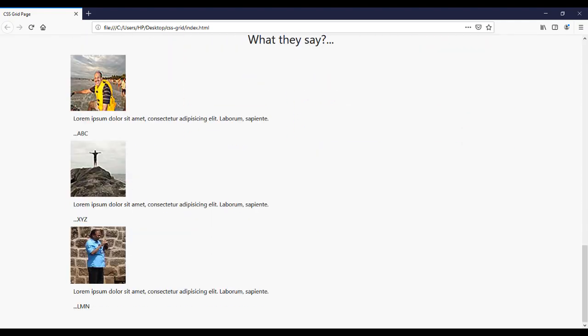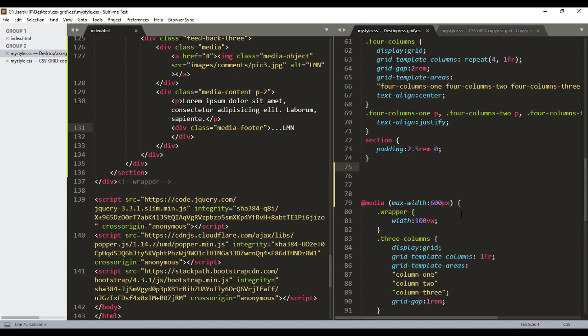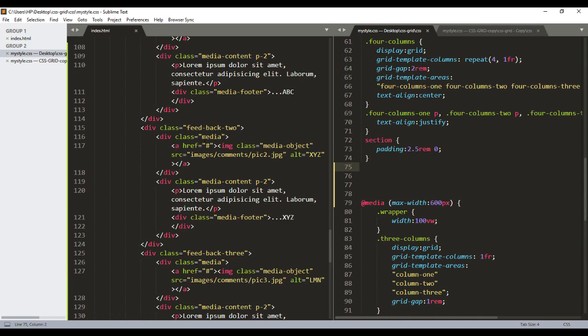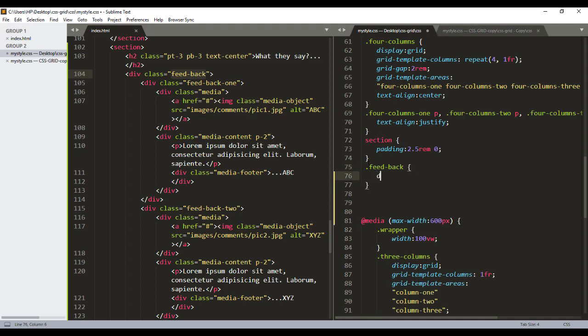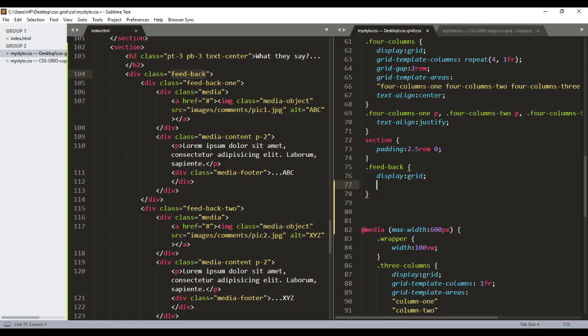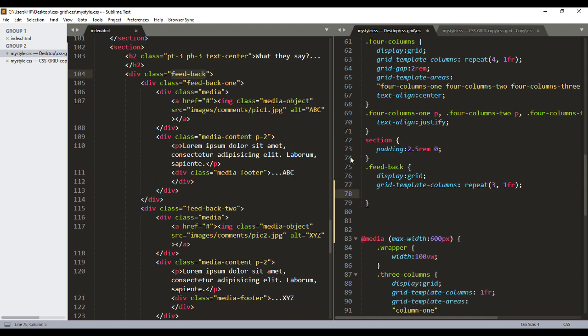Now let's come to the style sheet and align them by giving CSS Grid. So for that, first pick up the main class of feedback. And inside this, we will first say display grid, and then we will also say grid-template-columns. So GTC will give me grid-template-columns, and then say repeat, say 3 columns, 3 with 1fr, and then provide a grid gap of say 2rem,